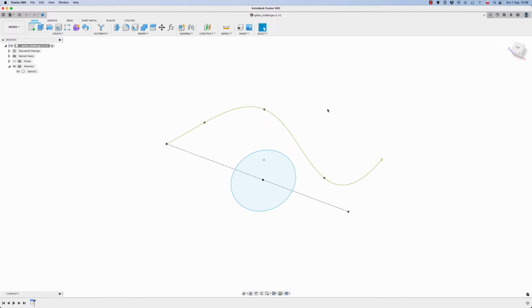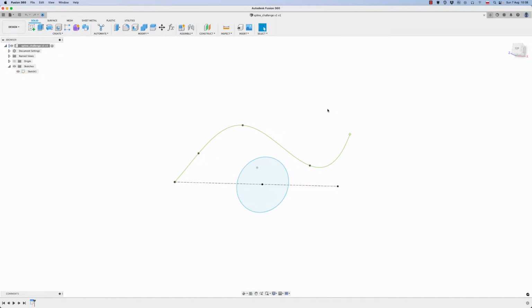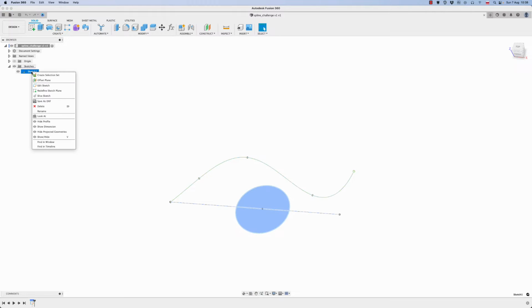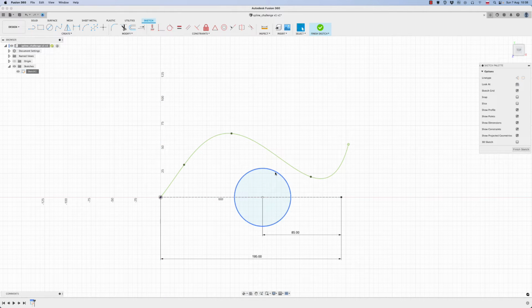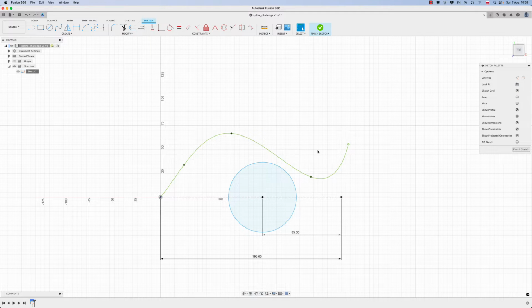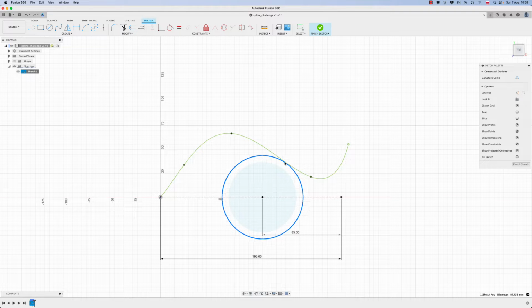This question was asked in the Facebook Fusion group, but I think it's a very common situation when you need to make an arc or circle tangent to the spline. Unfortunately, Fusion doesn't have a tangency constraint for splines. You can select a spline as a tangency object for any other sketch entity. So you have to determine where the radius or diameter of this circle is to make it accurately